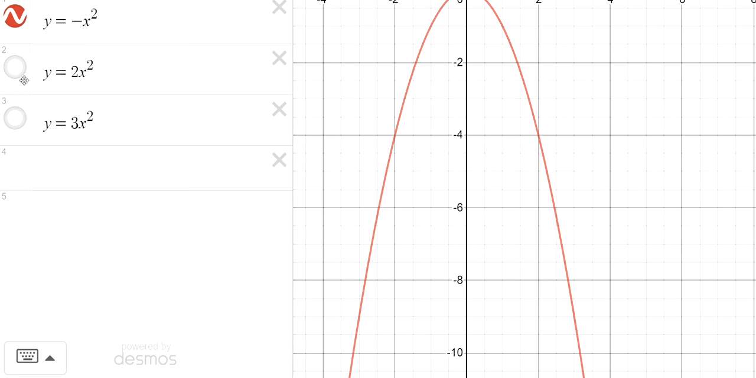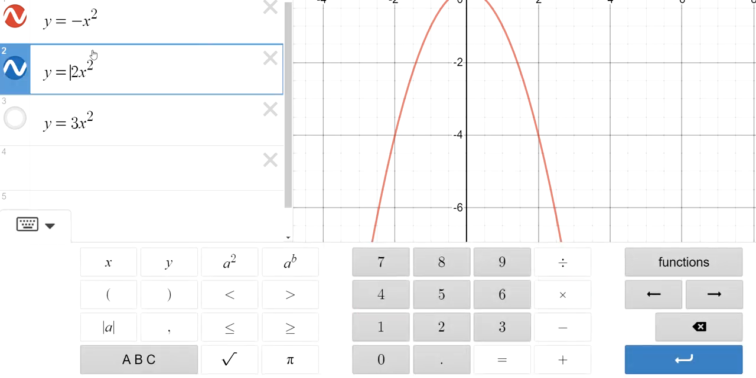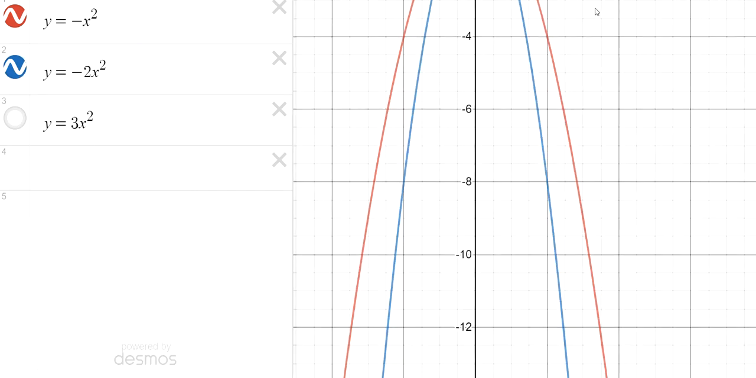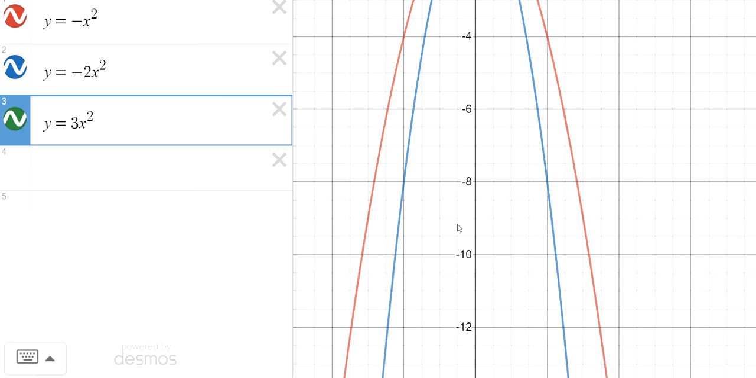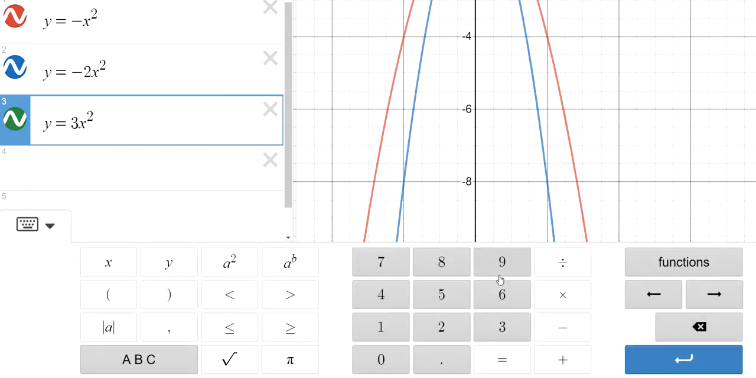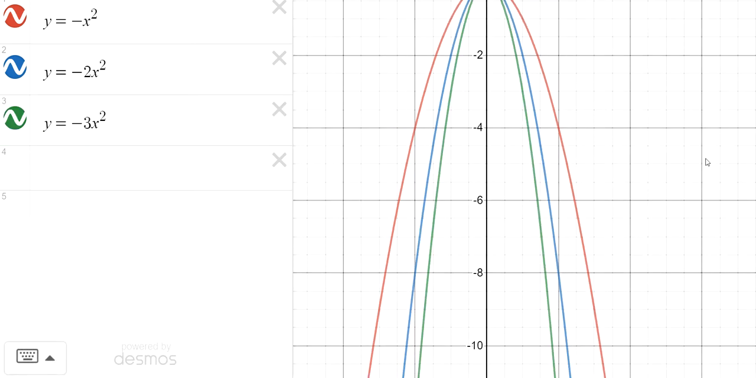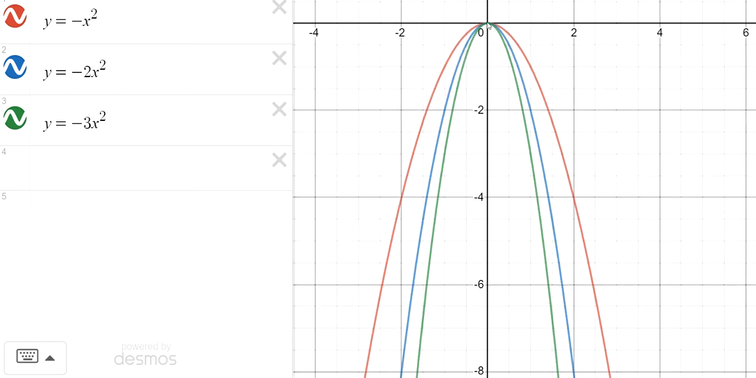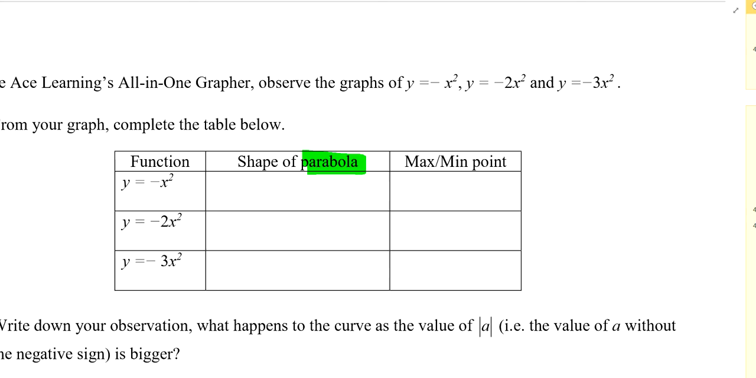Good. So, can you imagine what's going to happen to the blue graph when I put a minus sign? It will flip downwards. Will it be narrower? Yes, you are right. So it's more narrow. And of course, the third one is also more narrow. Even narrower. And they all have a maximum point and they are all parabolas. So to fill them in,